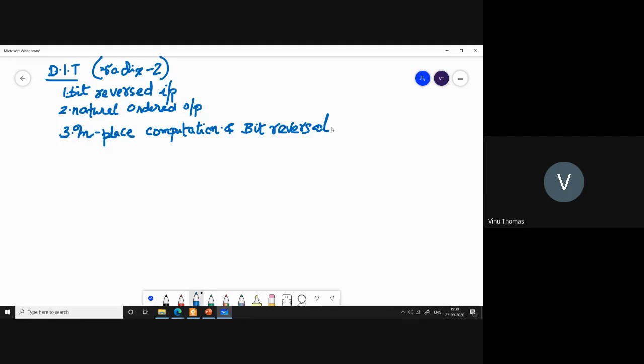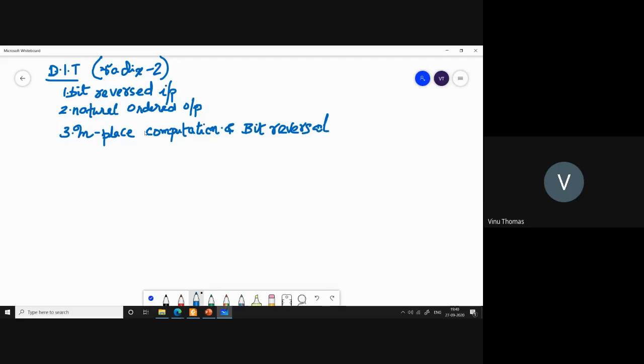Because of this unique structure, you had also seen that you can compute the FFT, that is the DFT, of an N-point sequence. If it is radix 2 DIT FFT, then the number of memory locations that you need to compute the FFT is only N, which means that you can compute the FFT in place. All the new values can be used to overwrite the previously stored values. So you only require N memory locations to store the result of the FFT computation.